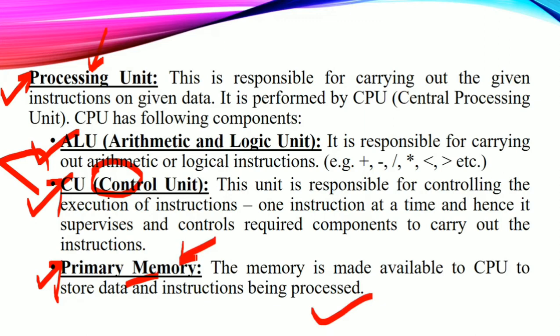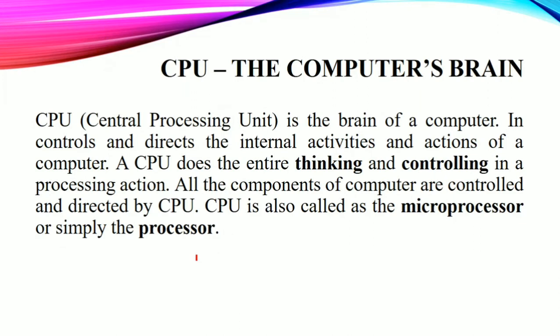Now next we have to discuss the most important functional component of the computer system, that is termed as our CPU. This CPU is often termed as the brain of the computer. CPU stands for Central Processing Unit and it is the brain of our computer system. Brain means it will perform all the operations of our computer. It will take all the decisions. It will manage all the processes. So everything that we are doing in a computer is controlled and managed by the CPU of the computer system.